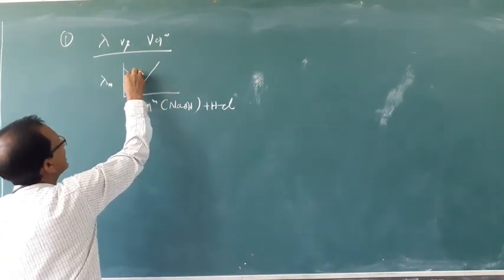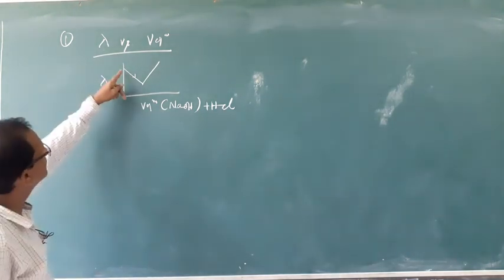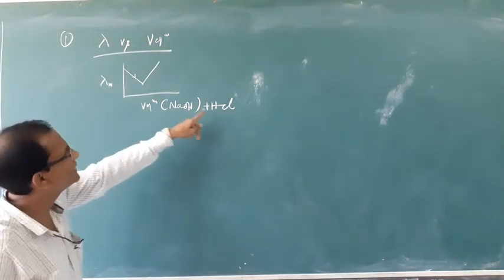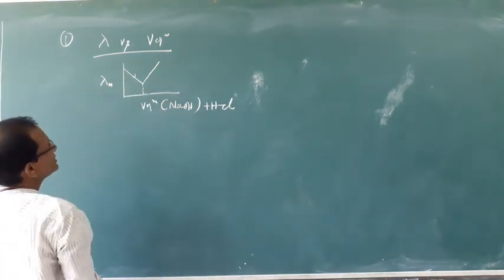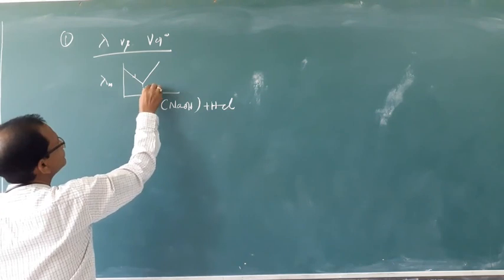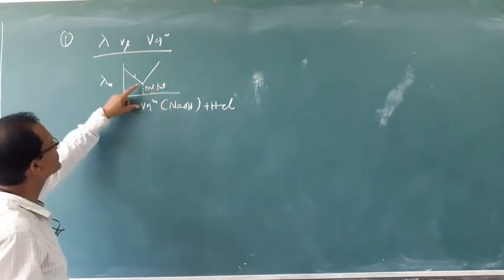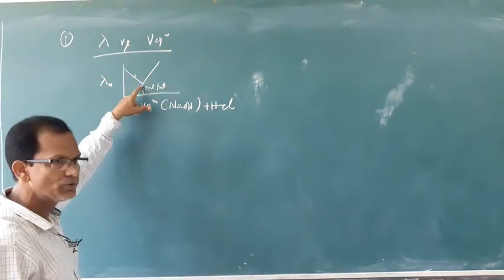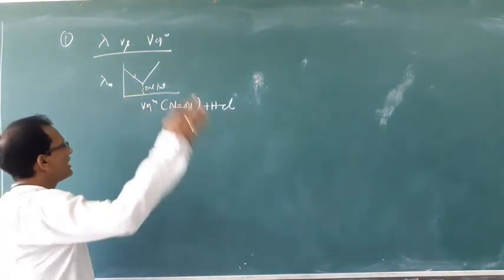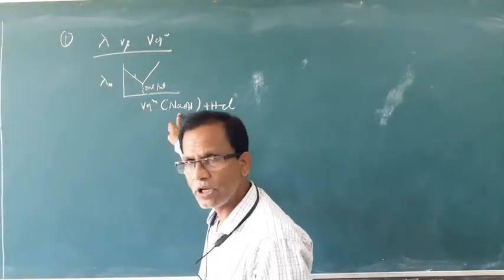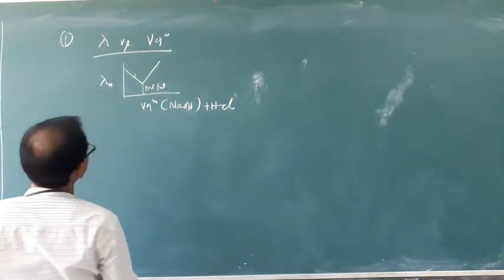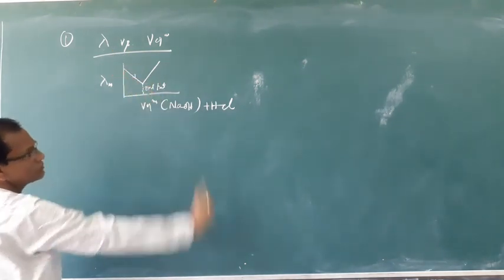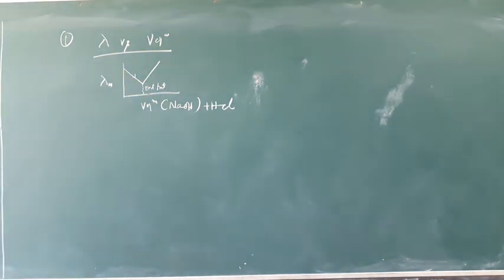So this graph indicates decrease of conductance due to decrease of HCl. At this point, this is the end point, means at this point all HCl is consumed, neutralized. Then further addition of NaOH, as it is a strong electrolyte, the graph will be again rising, positive slope. So negative slope, then positive slope. This is the nature of conductance of NaOH and HCl.